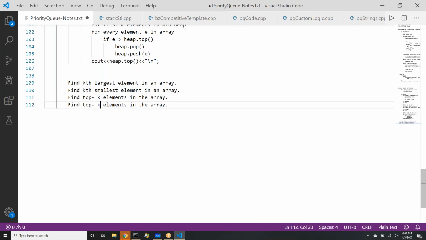And same way if I ask you, find least k elements in the array. All these 4 problems are simple implementation of heap. We can use min and max. In this case, we just printed top. If the problem is print top k elements, we will write the while loop. We'll keep taking out one by one and we can print all of them. So straight away application is this. Right.